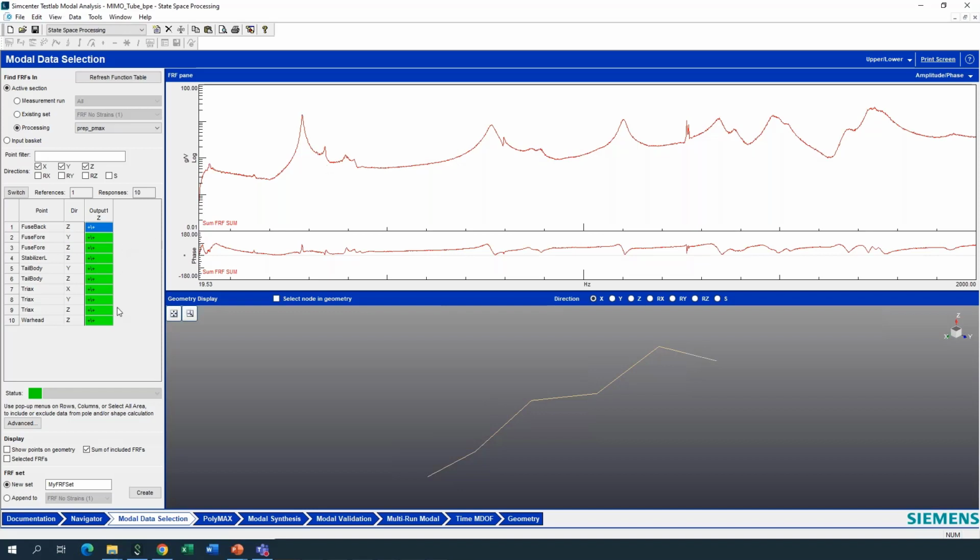So there are like 10 accelerometers and 1 output. It's also not a force measurement, it's a voltage that we send to the shaker. That's typical for environmental testing. So it's a G per volt transfer function. We are more used to G per Newton, but that doesn't really matter. It still has modes, it has dynamics, so we can still do modal analysis here.